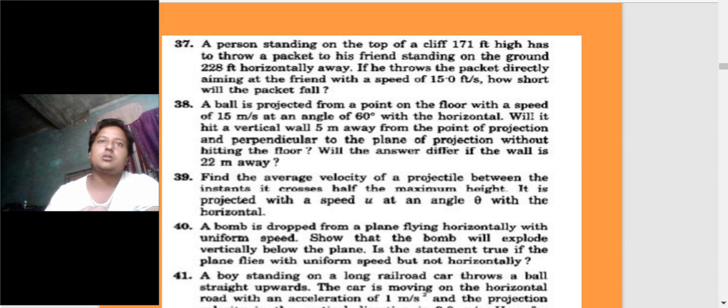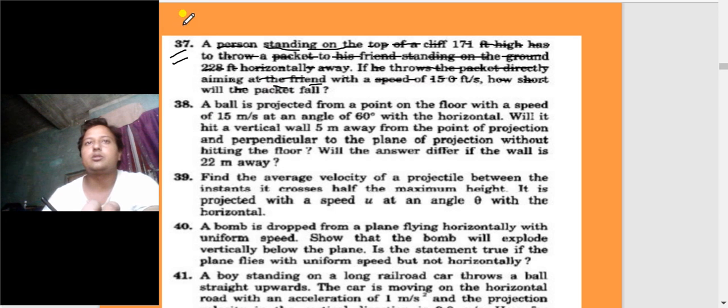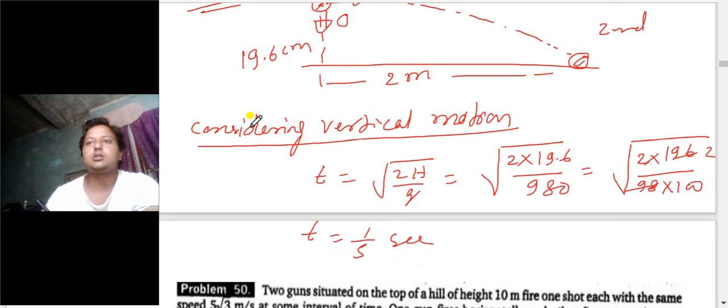Now in question number 37, a person is standing on a cliff 171 feet high. To throw a packet to his friend standing on the ground 228 feet horizontally away. If he throws the packet directly aiming at the friend with a speed of 15 feet per second, how short will the packet fall? In question number 37,